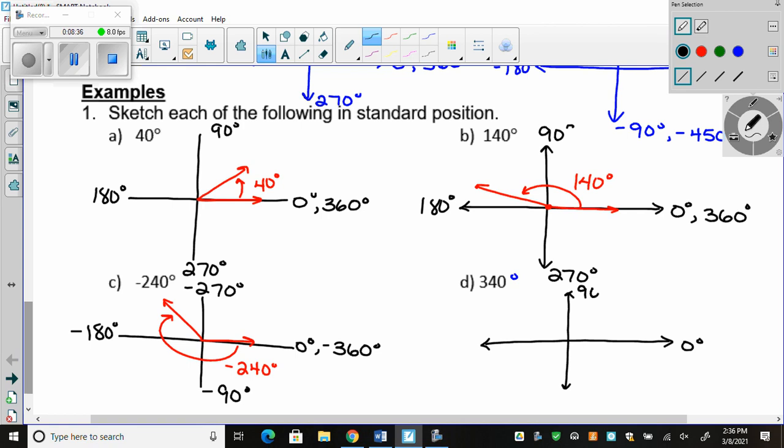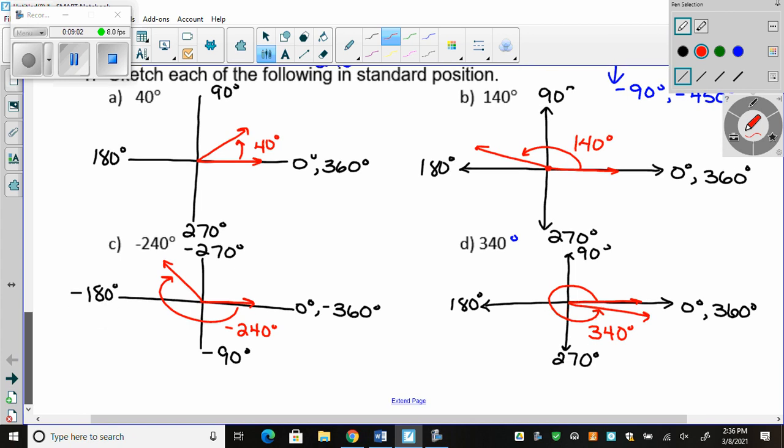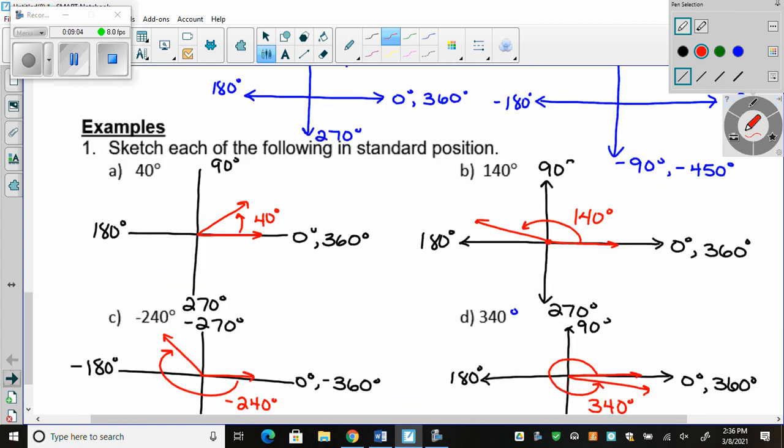0, 90, 180, 270, 360, and then you need to be 20 shy of 360, something like that, and then it has to go counterclockwise because it's positive. I'm doing those. Good? Good. So that's good. It's a review of 20-1. Okay? So then,